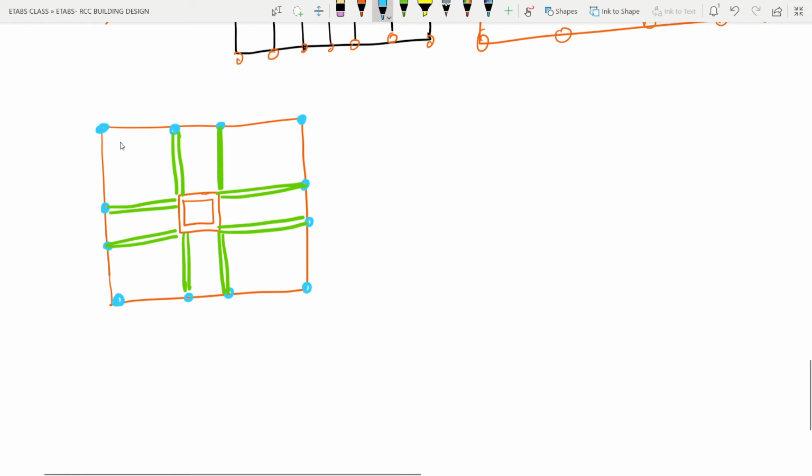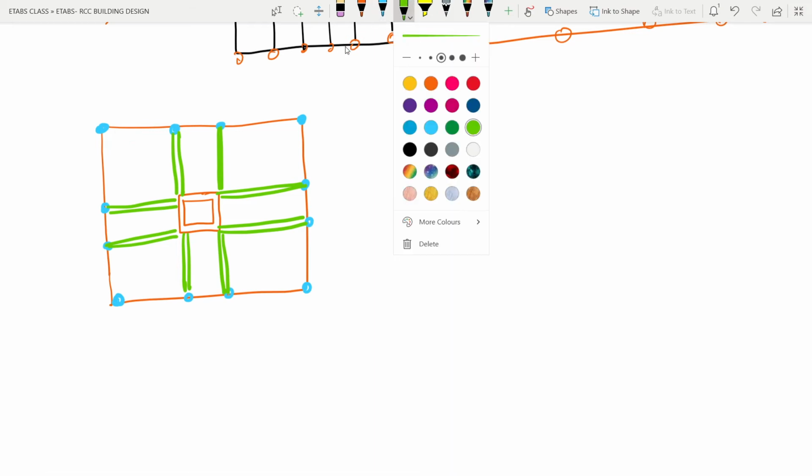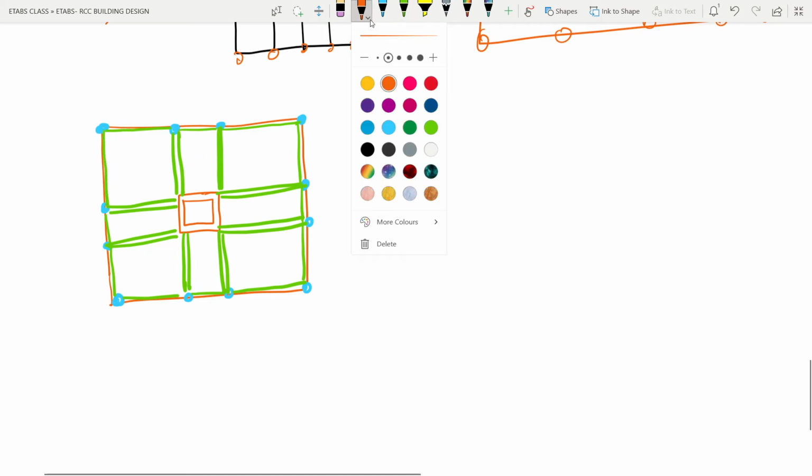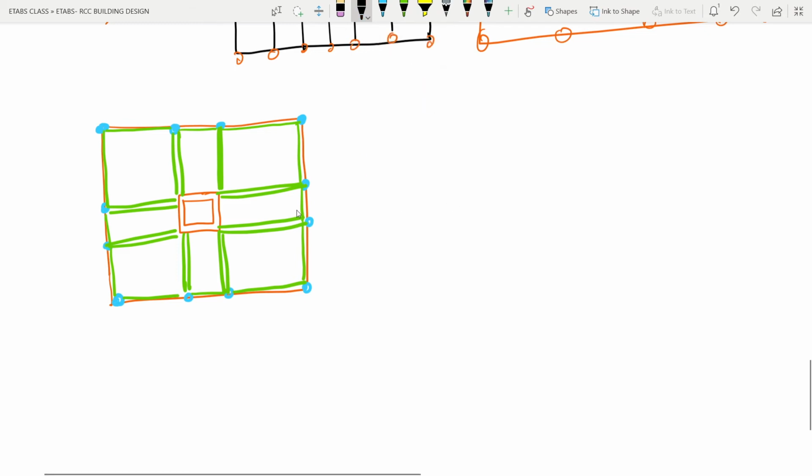Also these columns will be connected with a very strong beam, or you can say a very strong truss. We may not get the outer one, but obviously we will get the inner one. Very strong beam means the depth of the beam will be similar to a floor height,